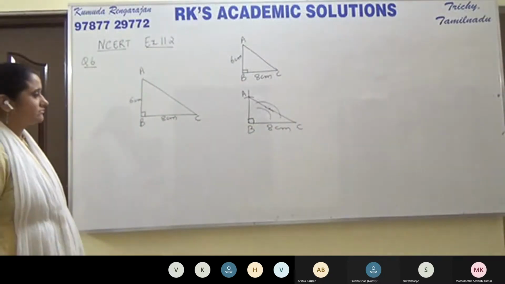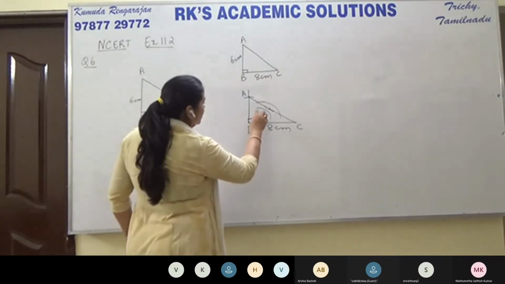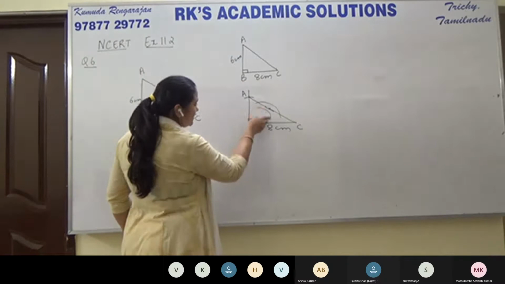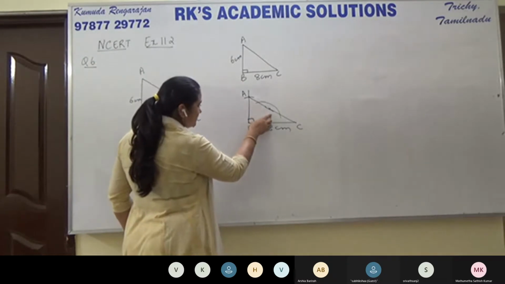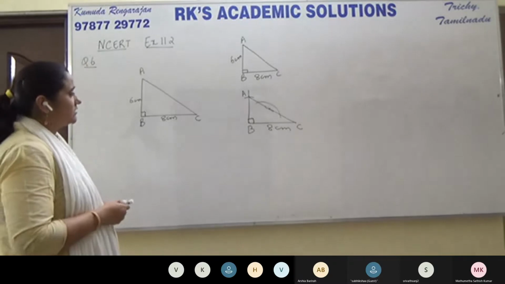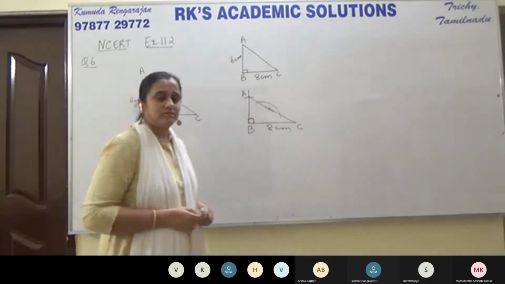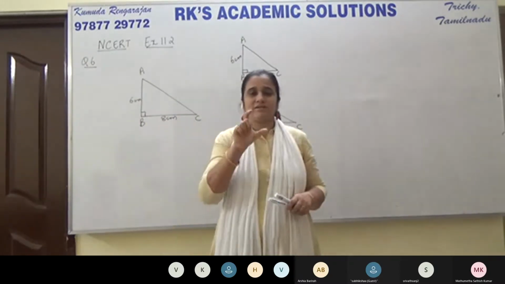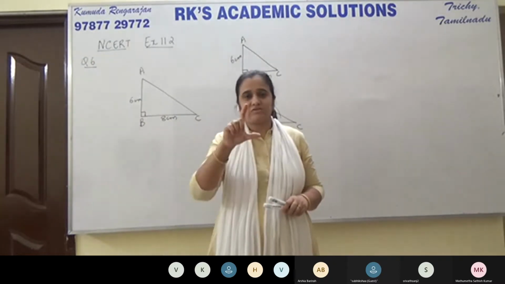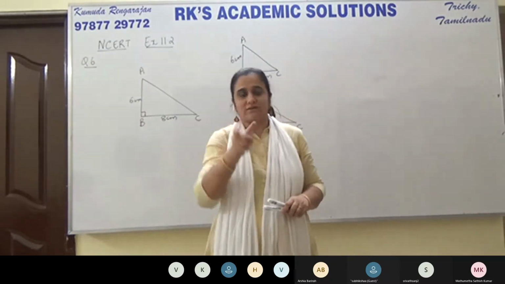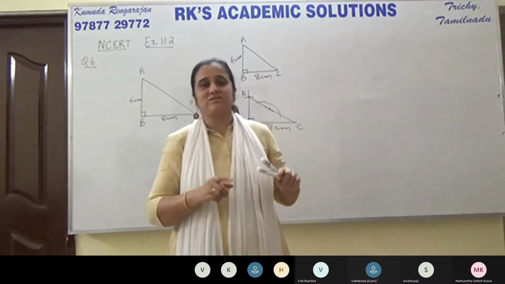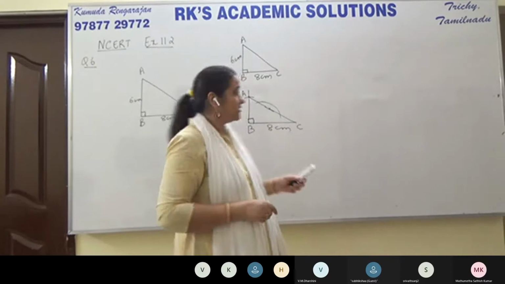If your radius is too small, then it will not intersect AC at two different points. See here, it may look like this. Take sufficient radius. With center B, compass tip at B, draw an arc on AC so that the arc intersects AC at two different points. So like this.